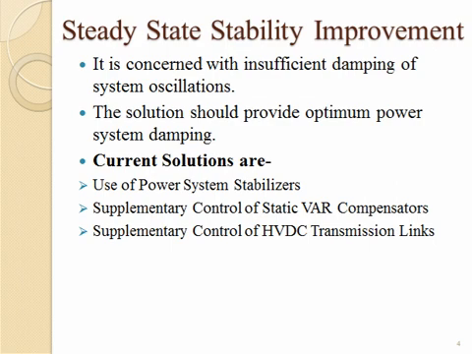Now there are three techniques which exist right now in the system. So these kinds of actions are taken. First action is use of power system stabilizer. Power system stabilizer is a part of the excitation system for a synchronous machine, and it connects the output of the generator with the excitation system. So ultimately it is adding some type of damping torque in your synchronous machine operation to nullify the effect of negative damping torque, and your power system oscillations are damped, and with the help of that your steady state stability is improved.